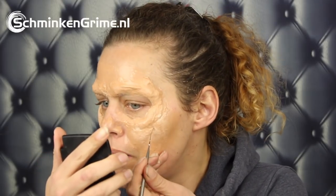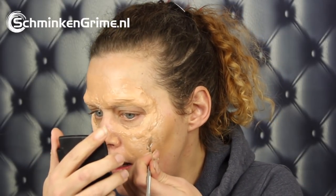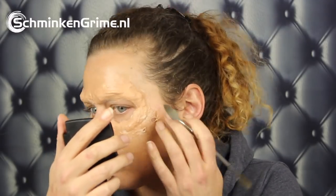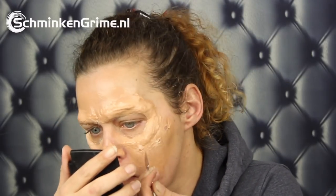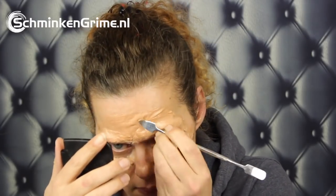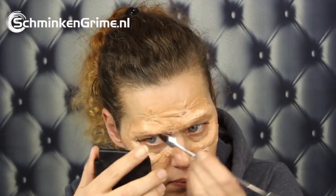Now I'm just gonna make small wounds by ripping open the latex. And that should be enough wounds. Now I'm gonna color this because I'm of course all too